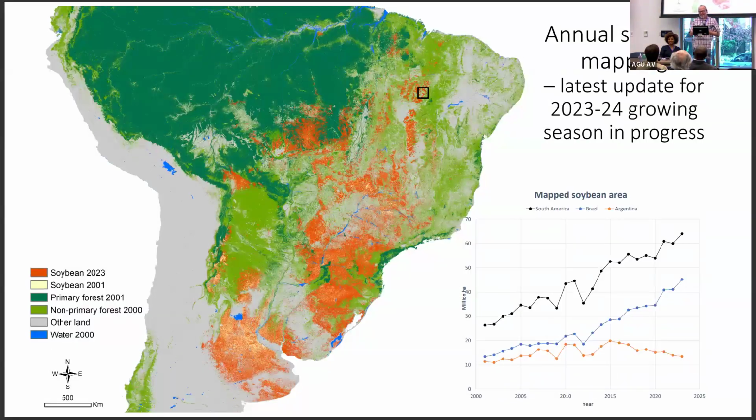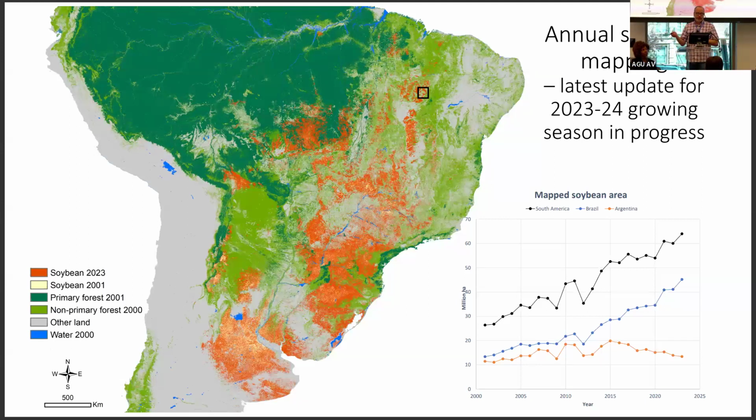So in our field work, just in the last 6 years, Brazil's soybean has gone from 32 million to 48 million hectares, increased by 50%. It's insane. Since 2000 till now, they've planted more new soybean than the US has in total. Then you talk about places like Bolivia doubling in the last 4 years. And a lot of that is not in the dense forest. It's in the savannas like the Cerrado.